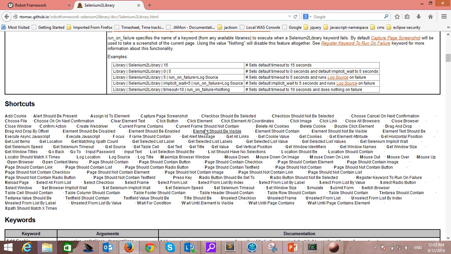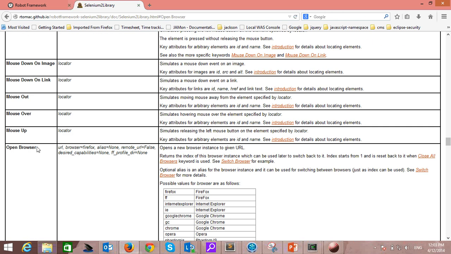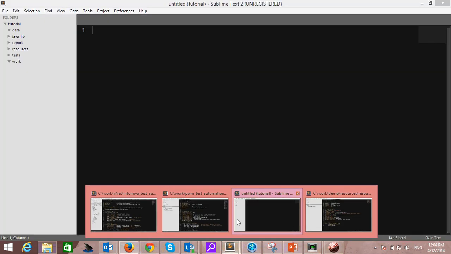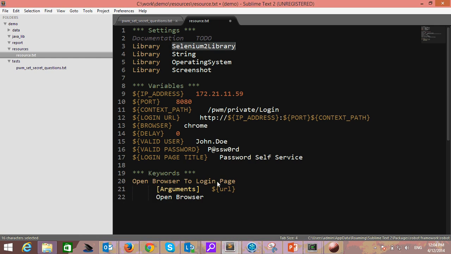There's open browser. Where's open browser? Page. Oh, there you go. This is open browser. It has to be followed by a few parameters like URL, what kind of browser, and so on and so forth. In my case, I've only got URL. That should be, let's put in URL,